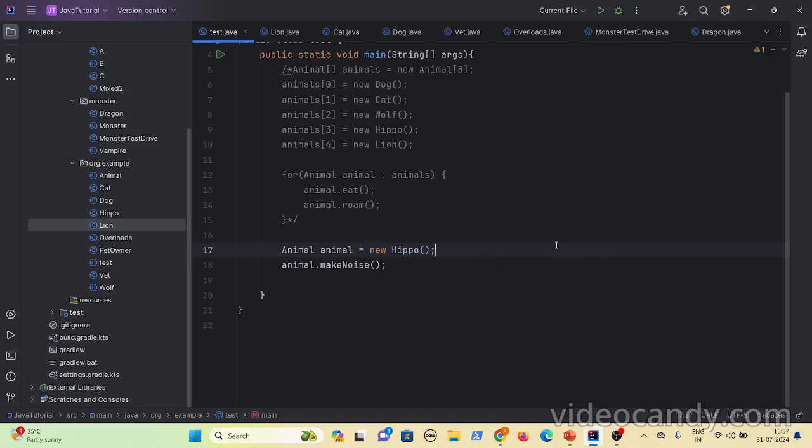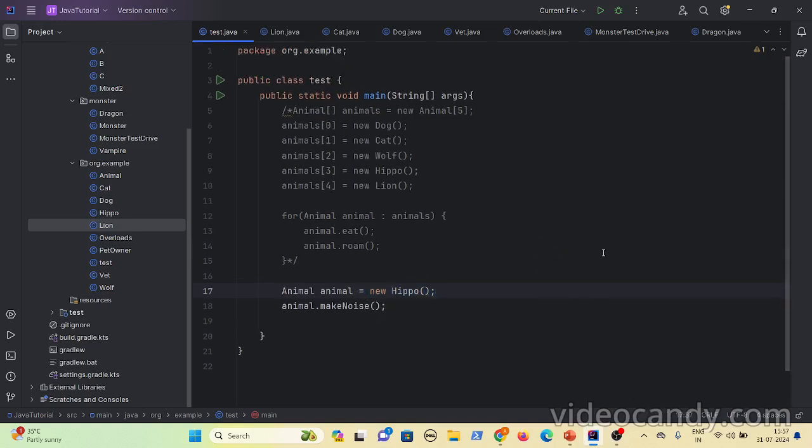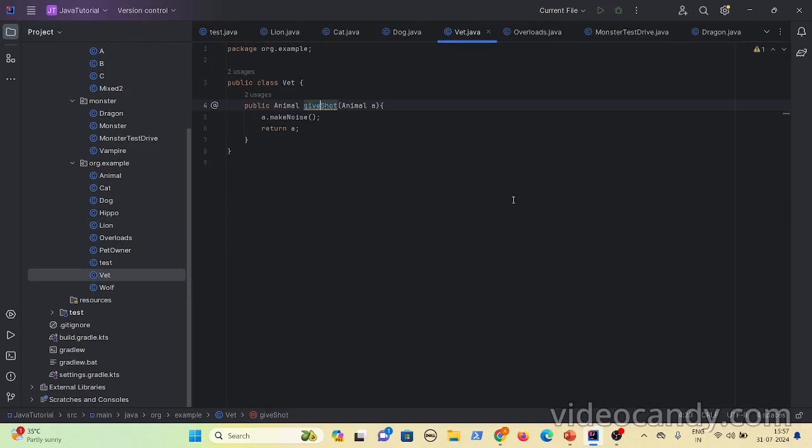So with this approach it's very easy, right? Just by using the superclass reference variable type, you avoid code changes. Let us consider one more example. You have this vet class.